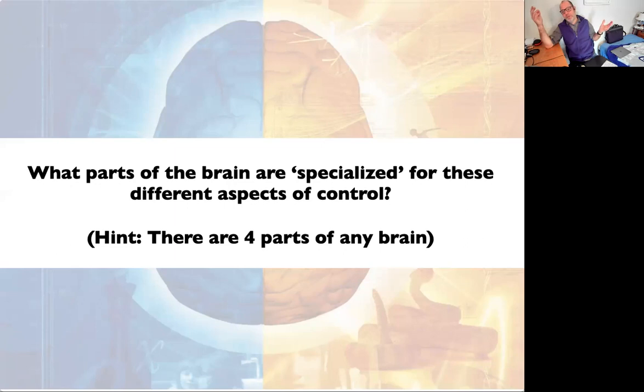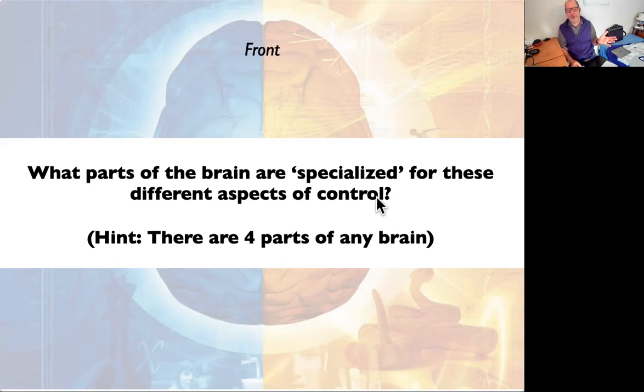So this was kind of amazing to us. This is the very early data that we might not be totally wrong. And being able to predict something in stroke patients is tough enough, but with differences in their good arm, we were pretty impressed by our own data there. So what parts of the brain are specialized for these different aspects of control? So we're going to